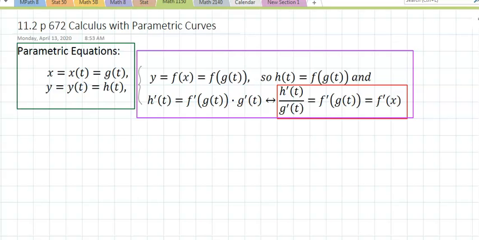Section 11.2 is on page 672. Calculus with parametric equations. Now that we know that x is a function of time and y is a function of time,